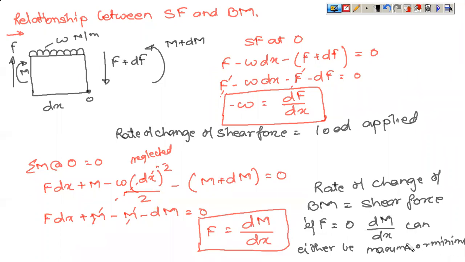So you need to explain this in 2-3 lines, that minima is a state which will be achieved only at the ends, not at the center of the beam or somewhere else in the beam. So it has to be maxima. And whenever there is a change in load, you will have a change in shear force.